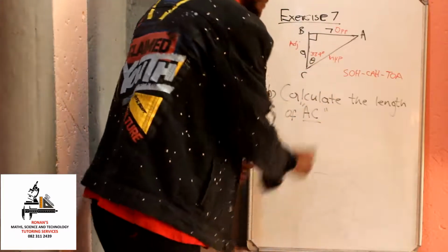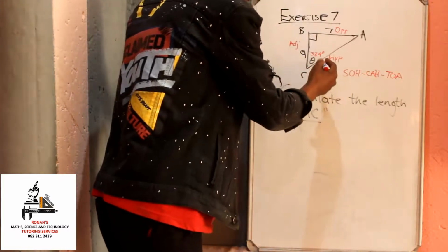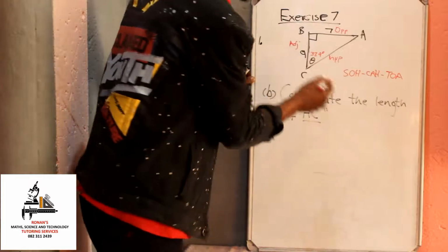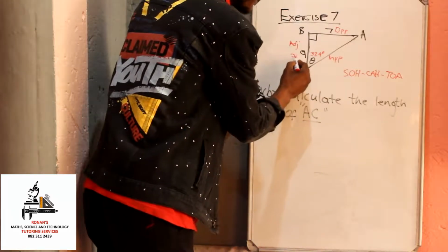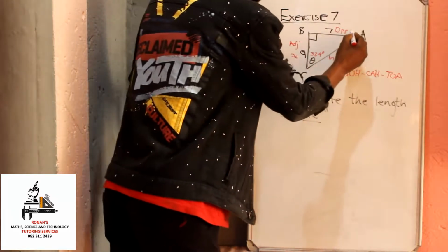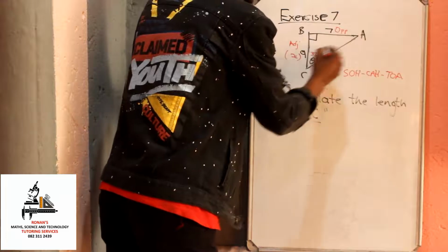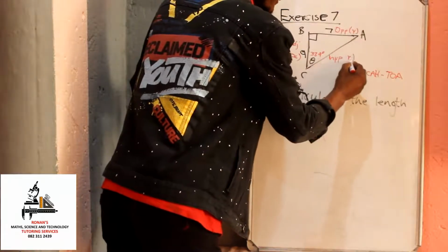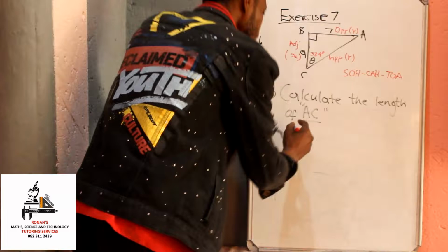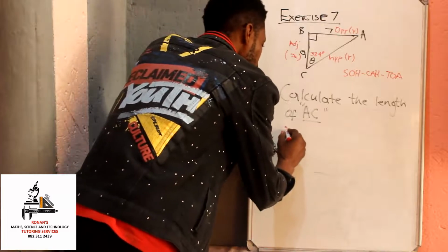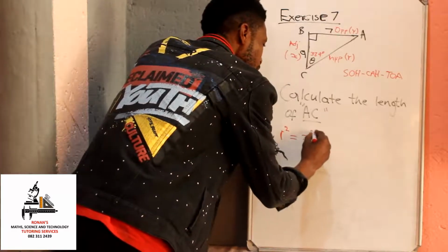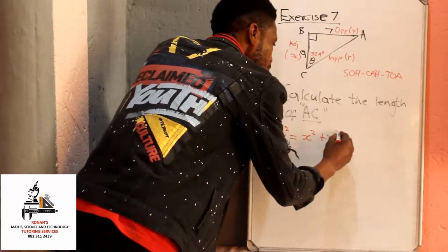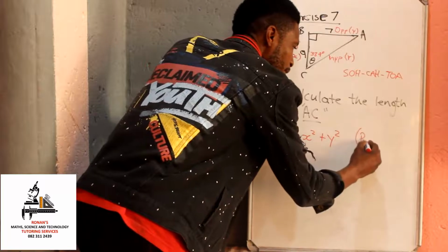Now the hypotenuse, remember we normally say your adjacent is represented by X, your opposite side is represented by the variable Y, and your hypotenuse side represented by the variable R. And that translates into R squared is equal to X squared plus Y squared, and that's by Pythagoras